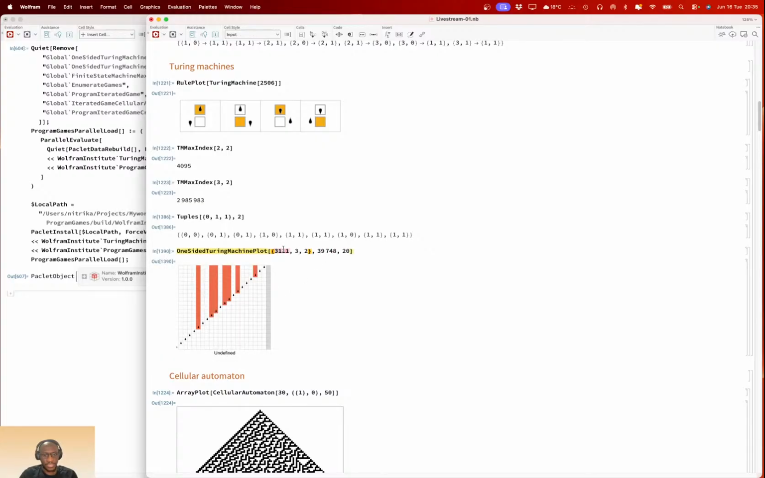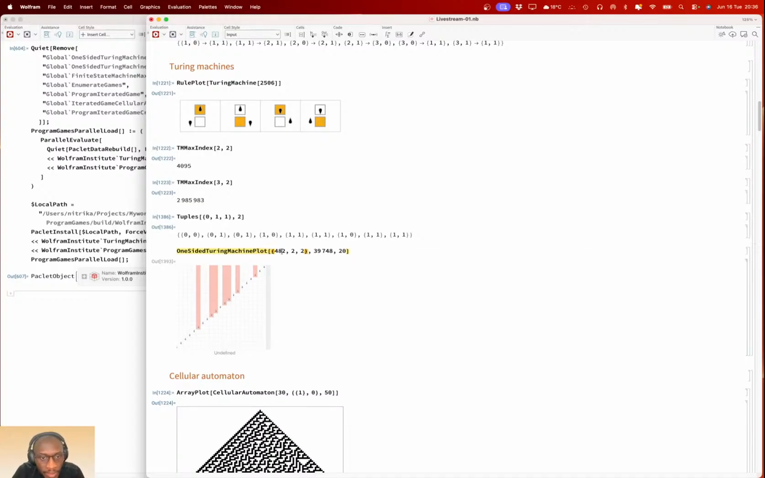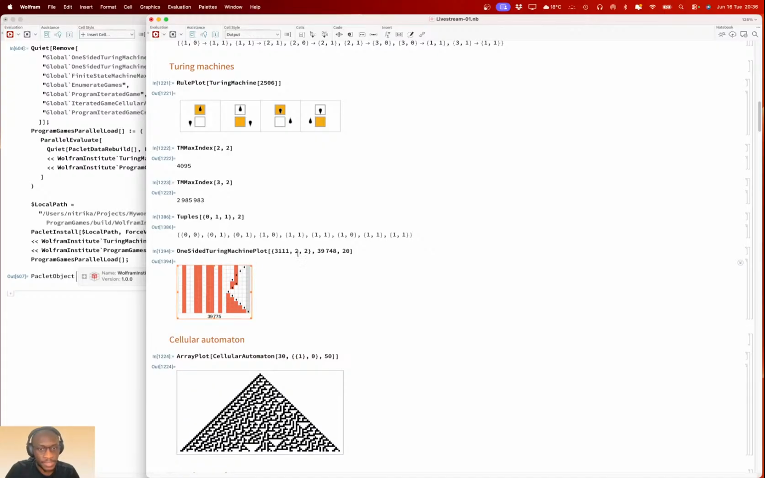A good Turing machine. Maybe these. No. These. No. Okay. I don't know which. Non-halting, unique. Oh, I see. This is 2, not two. I need two twos here. Awesome. So this is an example of